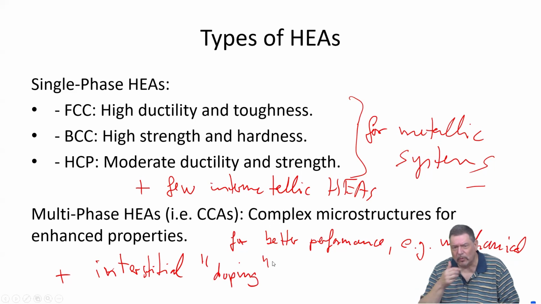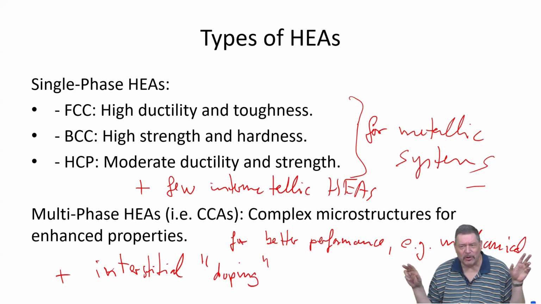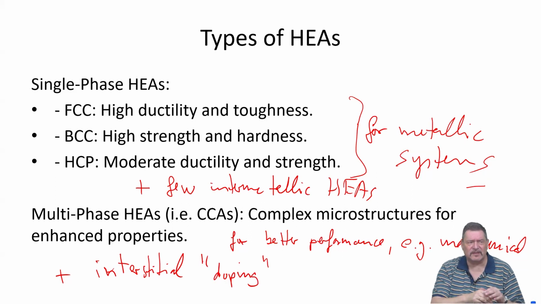And interstitial doping has become just recently a very strong field, because people are going for high entropy steels. You see this a lot in the literature, where the development of new steels is pushed forward. And the high entropy concept there is a little bit washed out, because it's not equimolar. Iron is still the dominant constituent in terms of mole fraction, but it is not as dominant as in the classical steel.